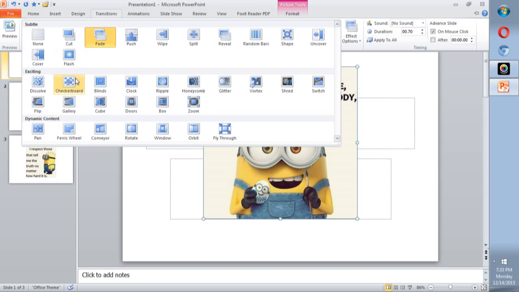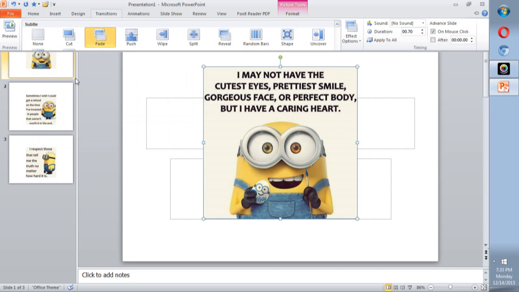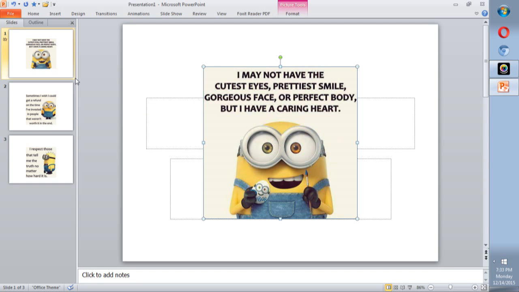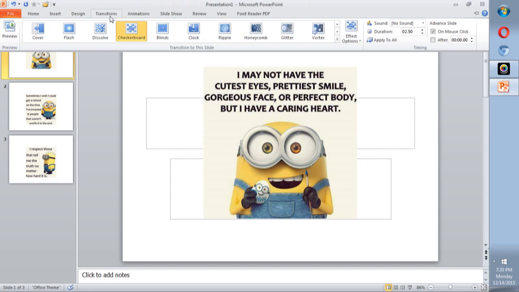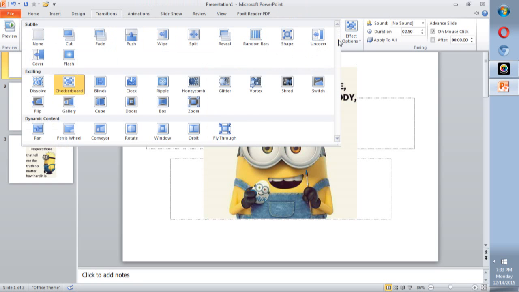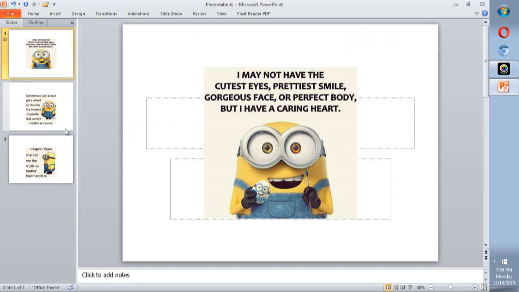Click one. The exciting is where you find more complex animation, and finally there is the last one. The last one is the dynamic content. Okay.